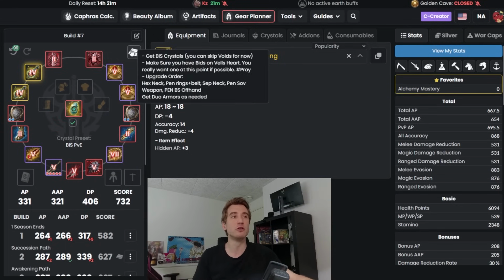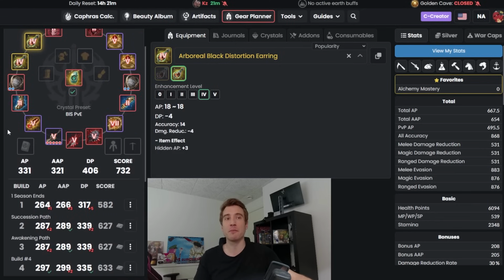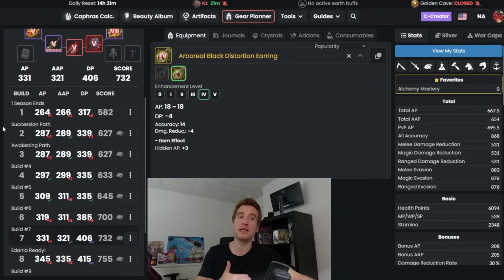Next up, then, you are looking at more upgrades. You want to go Hex Necklace into Pin Ring plus Belt. Then you want to Sip the Necklace, and then you want to Pin the Sovereign Weapon, and then you want to upgrade the Offhand to Pin. So I know this is a lot of upgrades, but there's the order of them here, so you just do one at a time. And of course, you want to do the armors as you see fit, depending on your